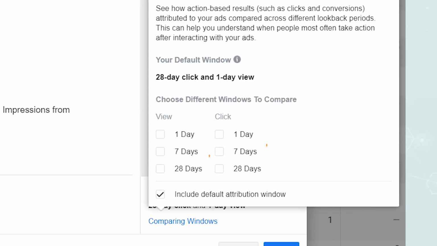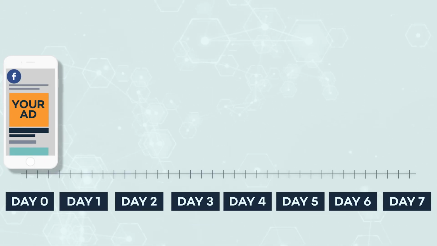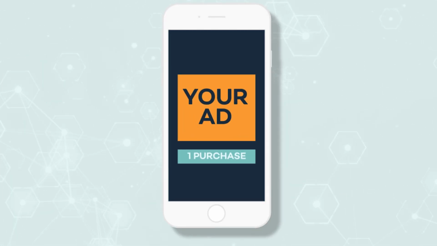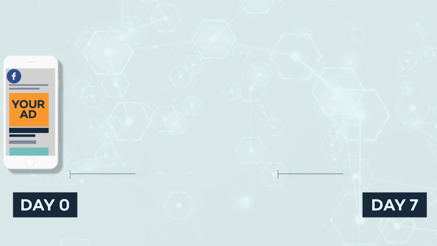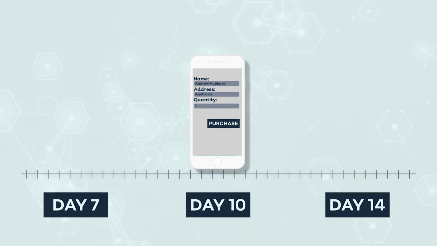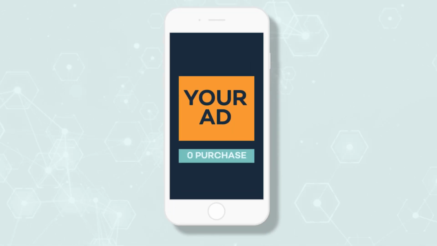If you choose a 7-day attribution window, that means that if somebody clicks an ad and then 6 days later, up to 7 days after clicking that ad, they complete a conversion event, then that conversion is going to be attributed to that ad. Now, if you choose a 7-day window though, and they click an ad, and then let's say 10 days later, they complete a conversion event, that conversion doesn't get attributed back to that ad because it's outside the attribution window that you selected. So that's why this is really important and why you need to understand what's going on throughout your whole funnel when you're selecting your attribution windows and how consumers normally behave.